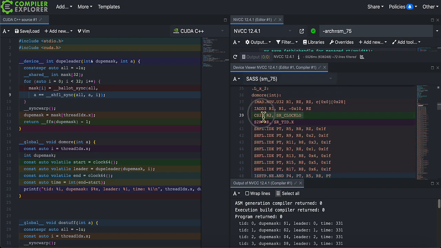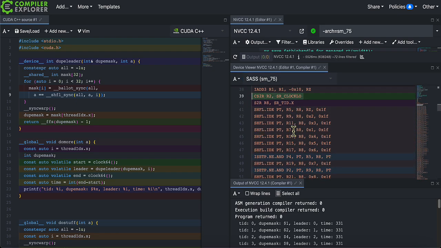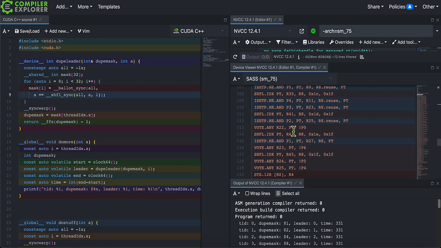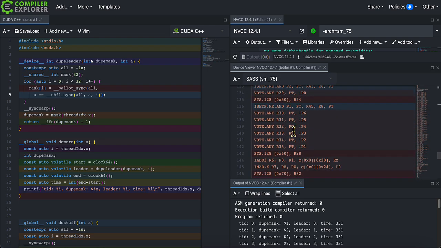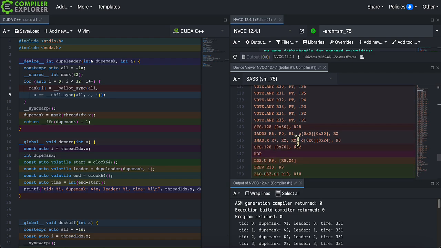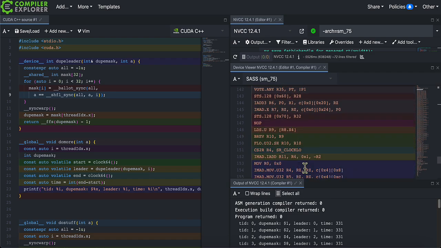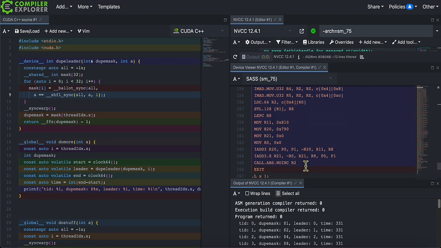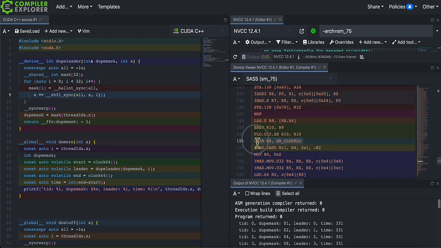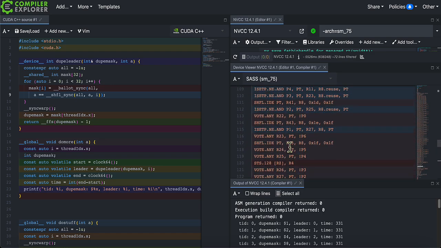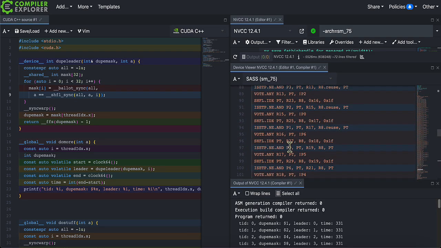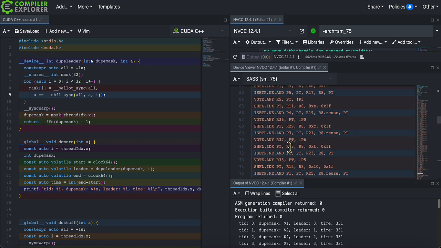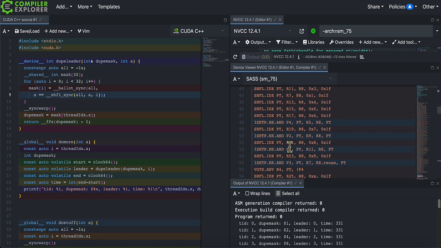Here we can see the code. This is the start clock. Then there is a lot of code. I mean, a lot. And we have an end clock somewhere around here. There, an end clock. Now let's have a look at the code in between. As you can see, there's no loop. The loop has been fully unrolled, even though there are 32 iterations. So that's a lot of unrolling.